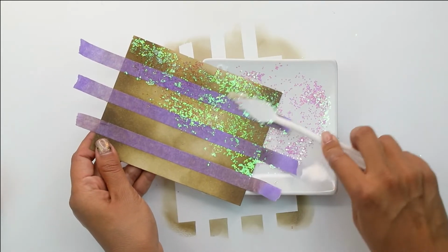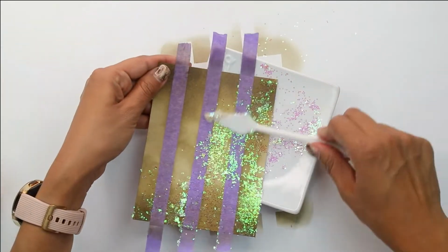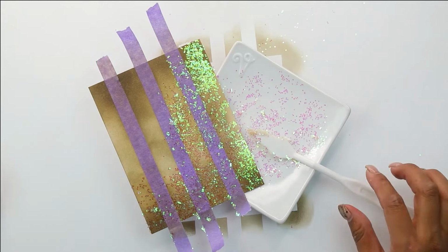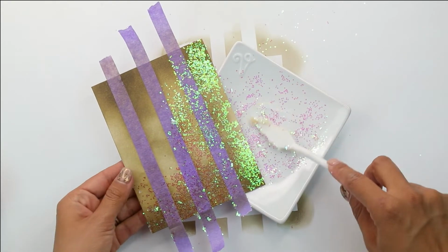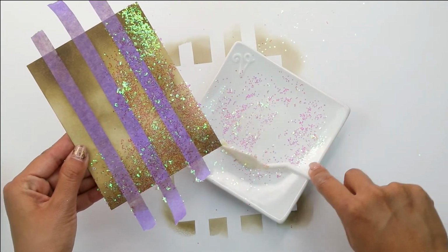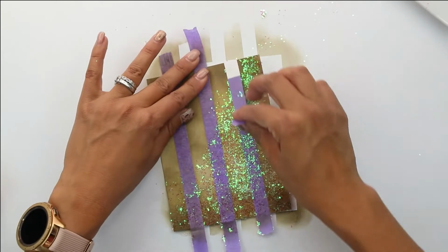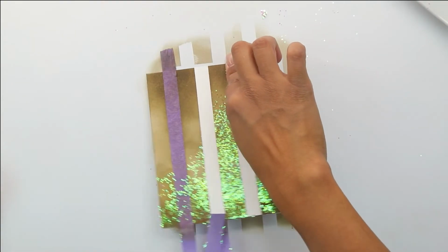We're honestly just going to do half of the cardstock kind of cornered, and we're going to really focus on adding the glitter to the bottom part of the card base so it looks like an ombre gradient up. If you find that your glitter is kind of drying up, add a little bit more glue and just finish grabbing all that chunky glitter, again focusing right down at the bottom so it looks like confetti. So now we're going to remove our masking from the washi tape, or the purple tape,